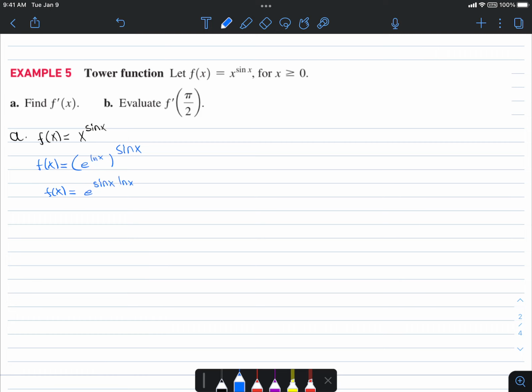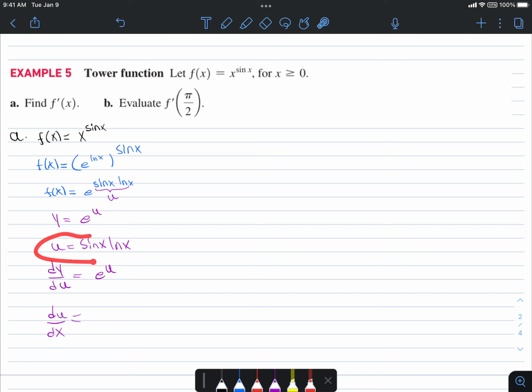So now, if you're creative and if you take a second staring at that, you can think of the chain rule. This is your u, and then this function can be written as e to the u, where u is sine x ln of x. So then dy du is simple. It's just e to the u. You're deriving the natural exponential function. And then du dx